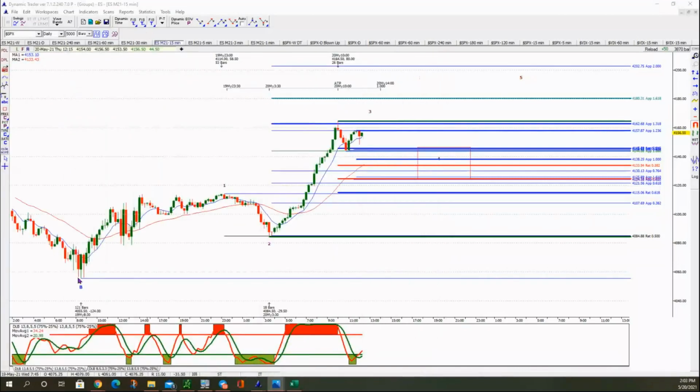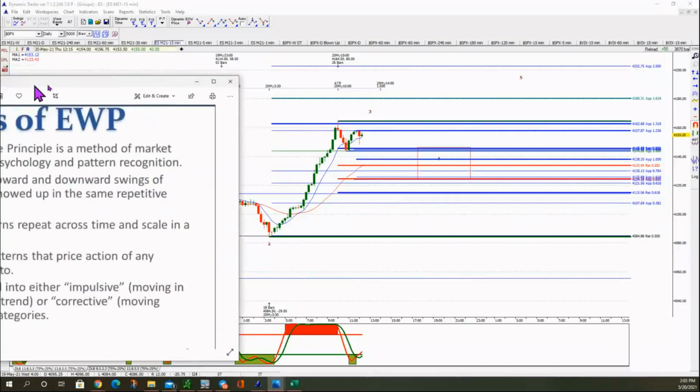So what happened as far as crowd psychology is, people buy the dip and took some profits up here, and now we're going to have this little dip here, or have already had it. I don't know that yet. But now we're going to get some more people buying in right here. There will be some more profit taking probably near close. And that's the pattern. So we recognize that pattern if you get used to Elliott waves.